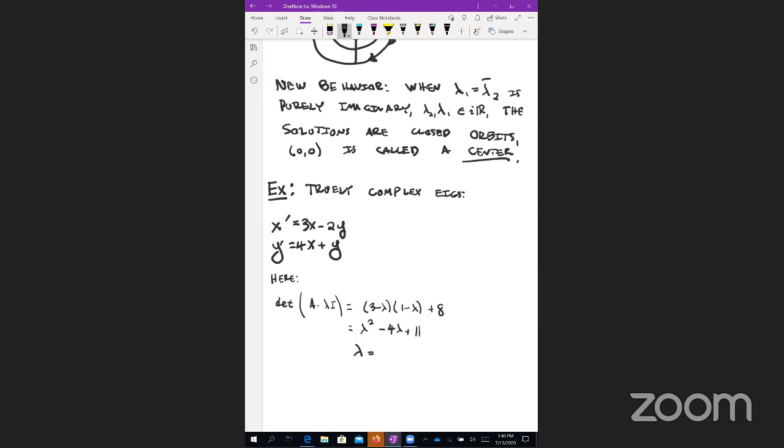So minus 4 plus or minus the square root, so 16 minus 4 times 11 all over 2. And this should wind up giving us then